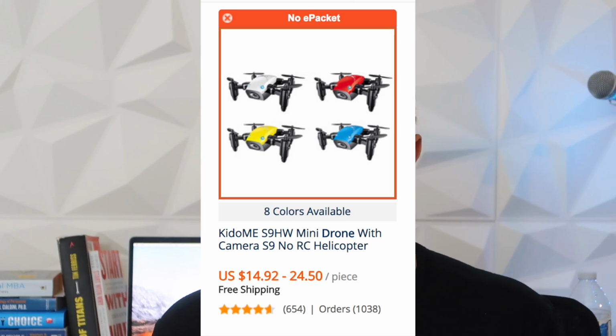But if you have a high ticket item, let's say you have a $20 drone right here. It costs $20 on AliExpress and you're selling it for, let's say, $100. So that is essentially an $80 profit margin. That gives you way, way more room for marketing and budget and being able to spend more money on different things. Test it, it starts making you a lot of money, then you're gonna be making a lot more money